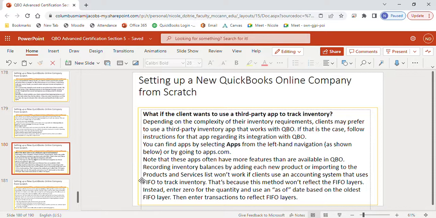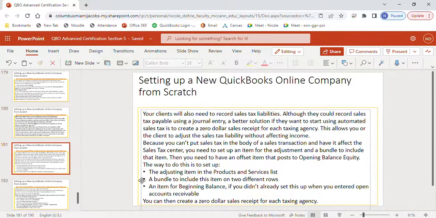What if the client wants to use a third-party app to track inventory? Depending on the complexity of their inventory requirements, clients may prefer to use a third-party app, and in that case, follow the instructions regarding the integration for QBO. A lot of those, you have to actually go through the third-party app to set up integration. Your clients will also need to record sales tax liabilities. Although